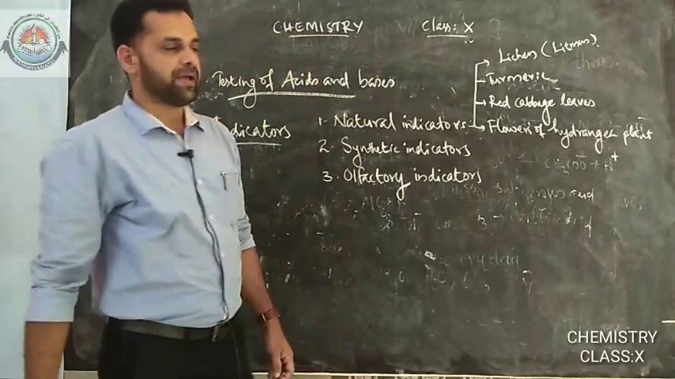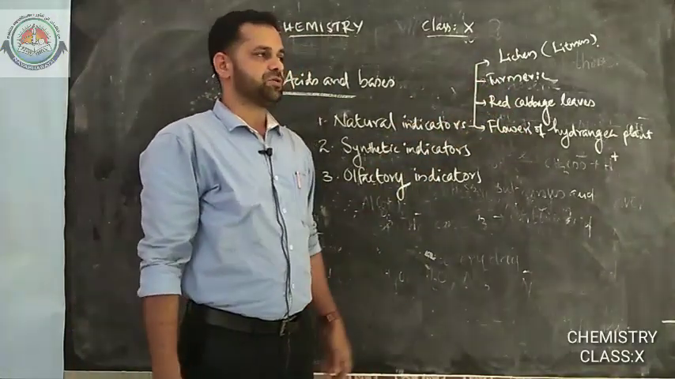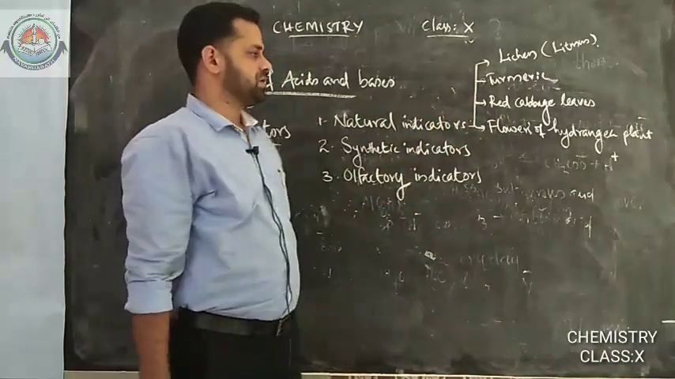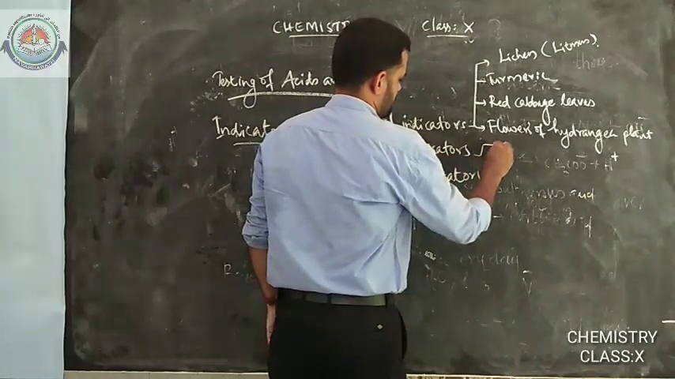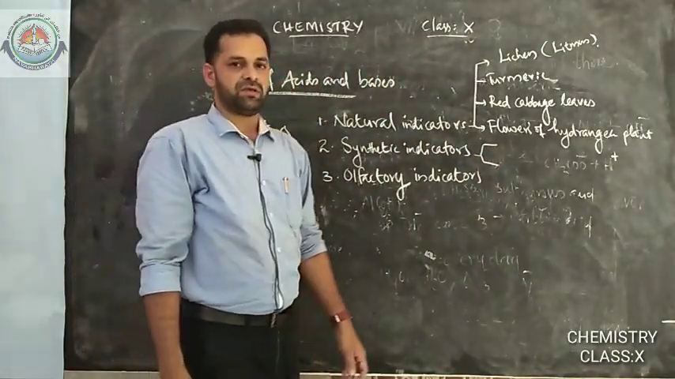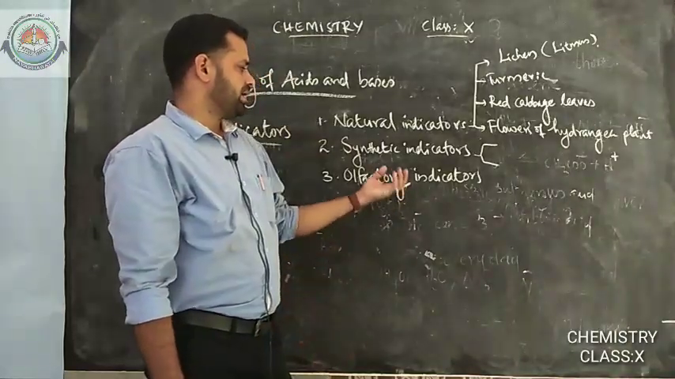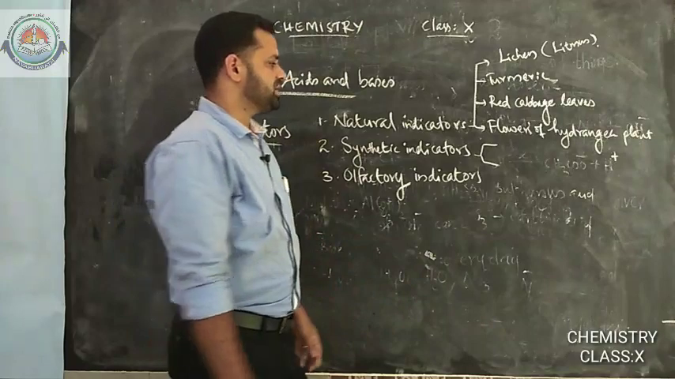Flowers of hydrangea plant, it is also a natural indicator. All these are natural indicators because they are obtained from plants. Now synthetic indicators. Synthetic indicators are prepared artificially in the laboratory, and the most commonly used synthetic indicators are